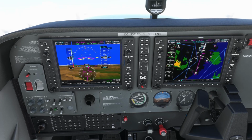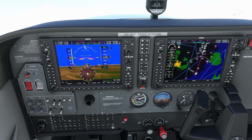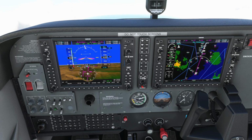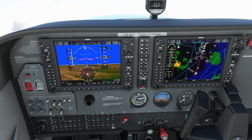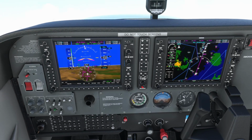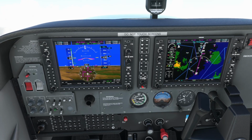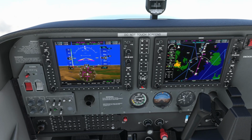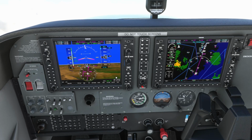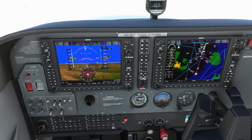Oh, it's my mixture. That's why. I was flying full rich. And that's something that the WB-SIM 172 will actually model quite accurately. Gosh, I was losing quite a bit of power there. And it was all because my mixture wasn't set properly. There we go, almost at 9,000 foot. Thank goodness for that. Well, speaking of that, the mixture on the WB-SIM 172 is subject to spark plug fouling,